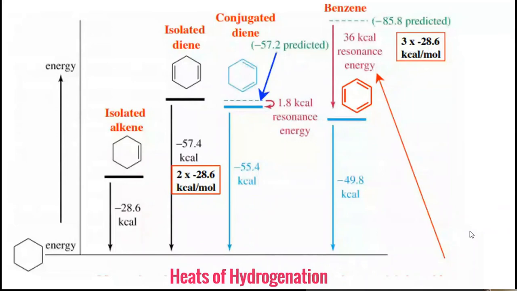Because I am moving from double bond to single bond, I am breaking that double bond, and therefore heat is liberated. So whatever heat is liberated during that double bond to single bond transition is known as heat of hydrogenation. Hydrogenation, because I am adding hydrogens across the double bond. Now we had done this part and this part. Those who are able to see the pointer, I am mentioning isolated alkene, isolated diene, and conjugated diene.